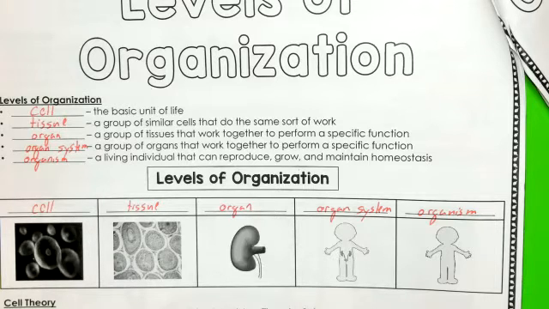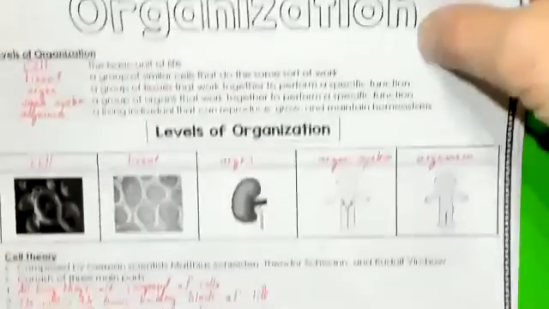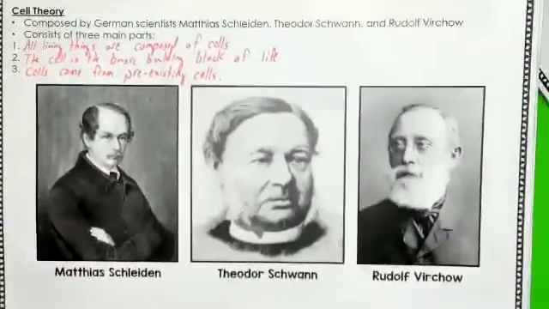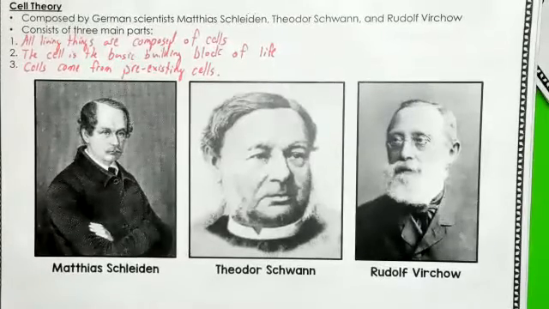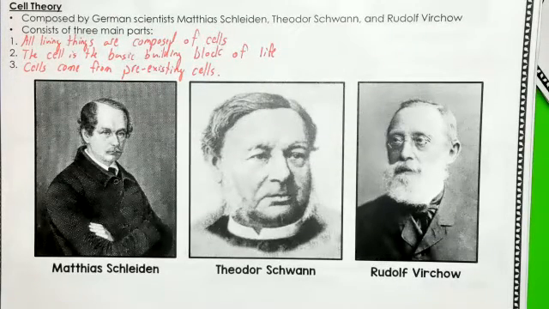All right, good. Now, let's move down and look at cell theory, guys. Let's look at the cell theory. There's a few names here. The good news is you don't need to memorize these names. This isn't a history class, right? So we don't have to have these names memorized. But we need to know what these people theorized. What was the cell theory that these people came together to develop?